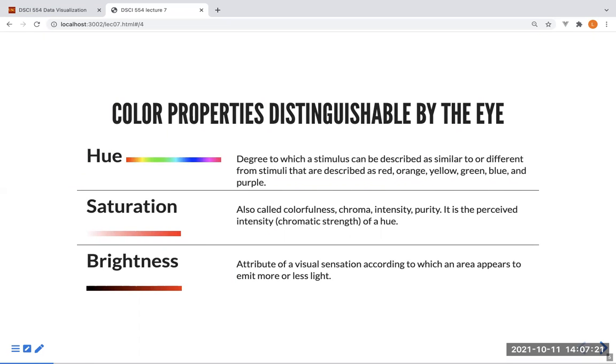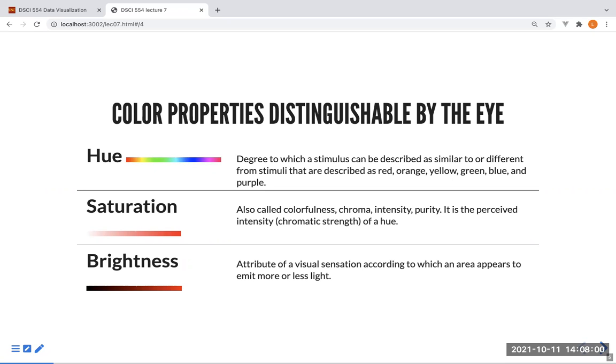And we start with the light that is coming through our eyes and how we distinguish it. So there are three properties that you can associate with color. Hue is what you usually associate with a color name, and it can be orange, yellow, green. So those are named colors. Again, that is only true for some of the pure colors, but most of this spectrum here is about mixed